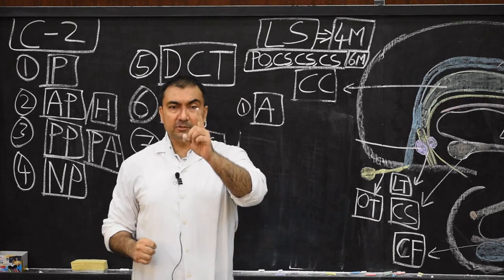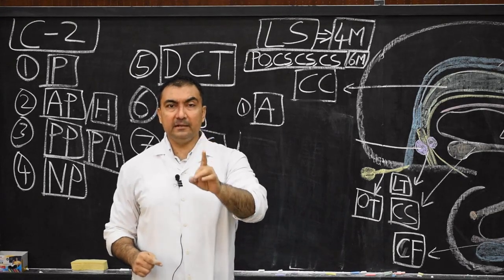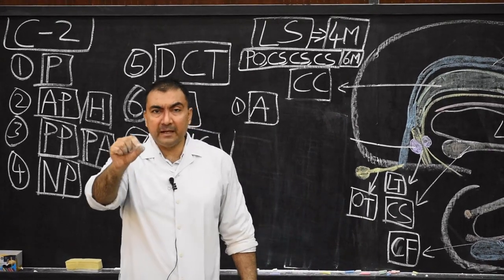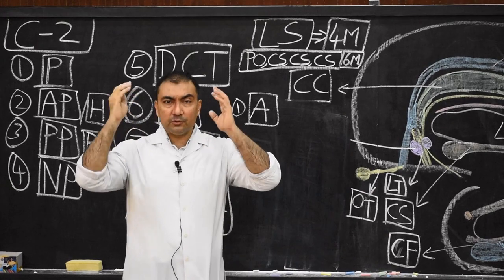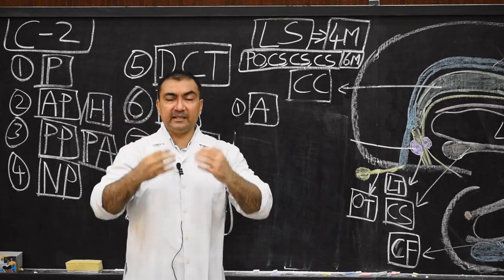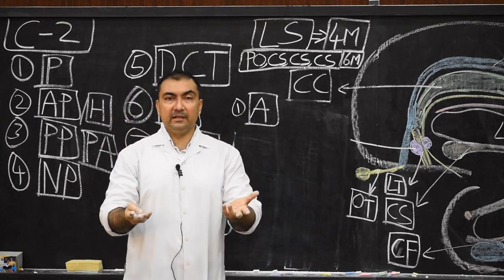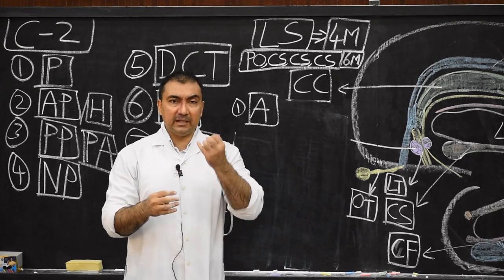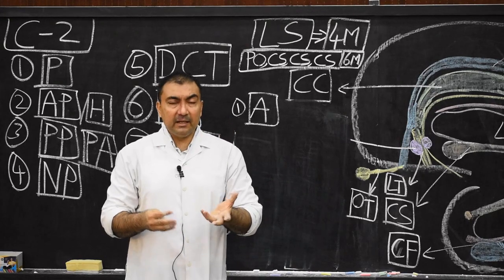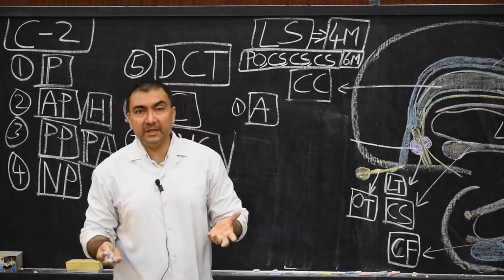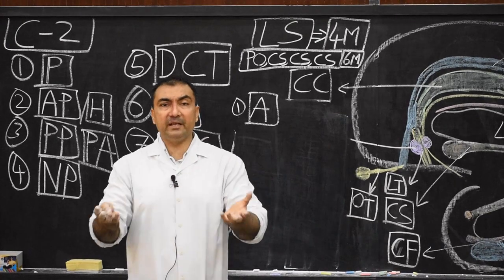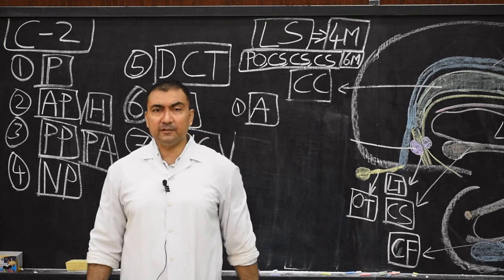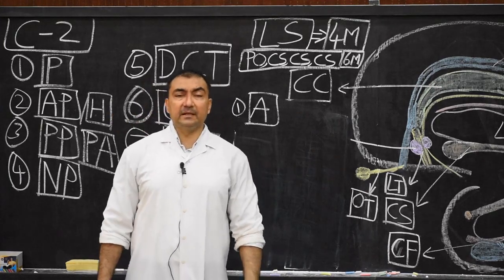That is because of non-closure of anterior neuropore. Remember one thing, once again I'll repeat, non-closure of anterior neuropore will lead to the brain tissue lying exposed at the time of birth, and this brain tissue will be degenerated. And what will happen here? The fetus will have bulging eyes, and this fetus will often be accompanied by loss of swallowing reflex, as a result of which the fetus will be accompanied with hydramnios.